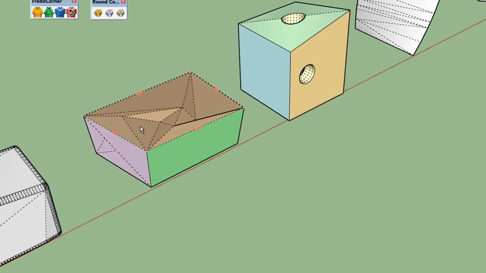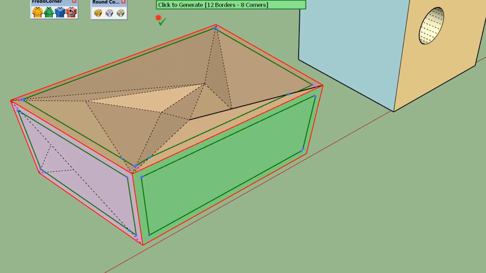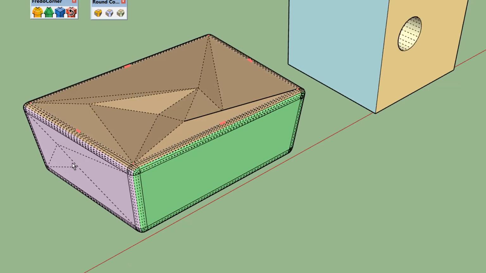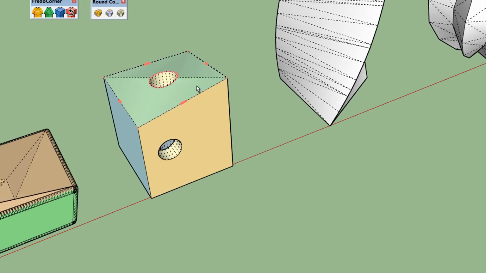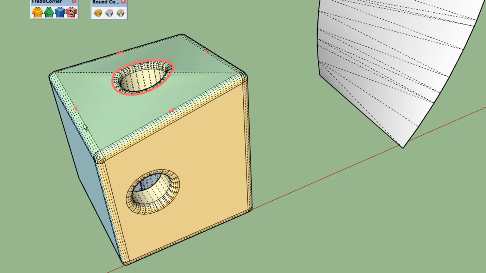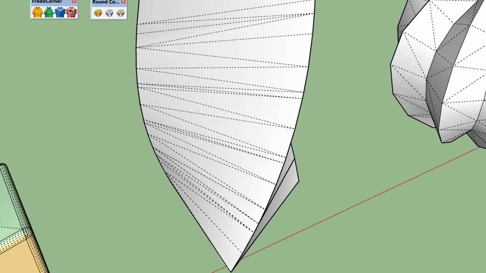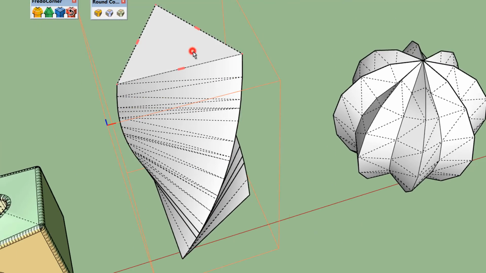So let's see this much more complex shape. Seems to work. This one with two holes. And this one.